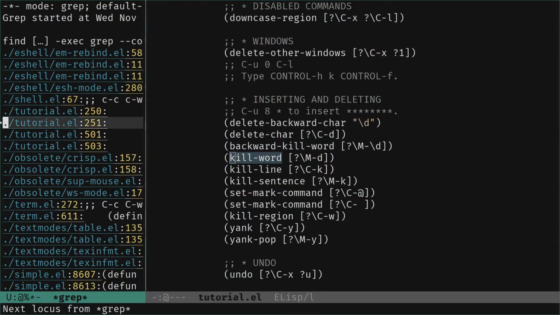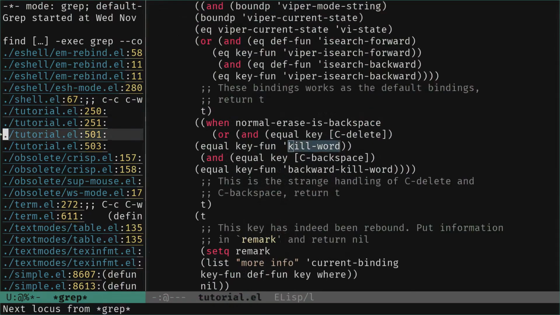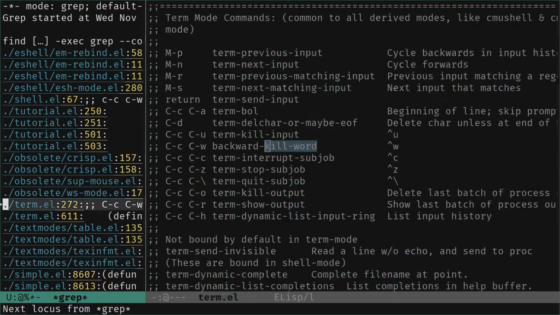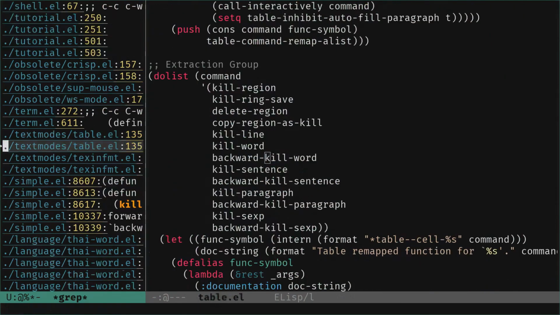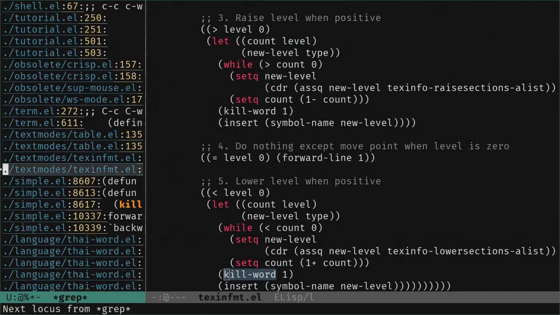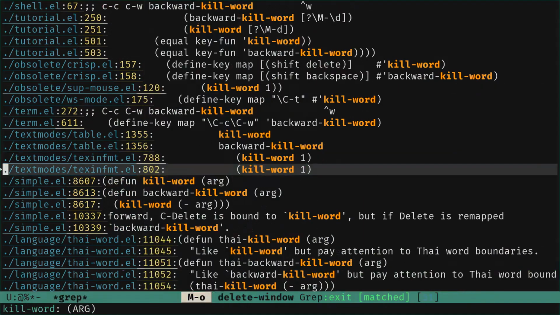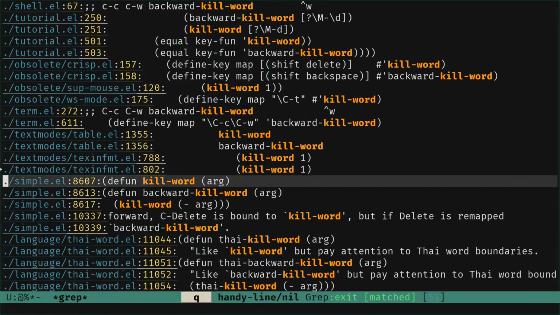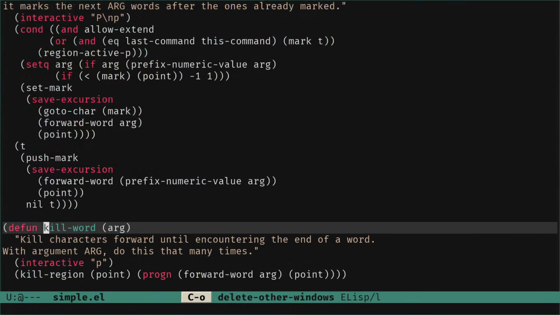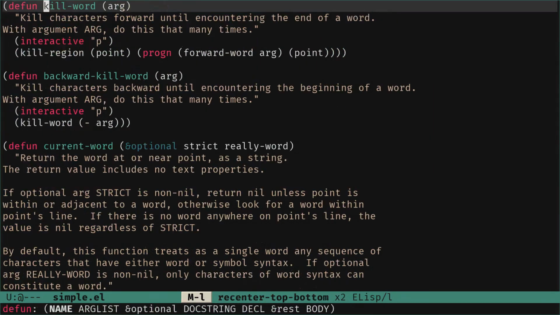For instance, we are in the file tutorial.el, and here we see something in obsolete, everything. So in our case, we are more interested when we see this line where it is defined, because this is where it is defined. So we can go there and we have the definition here.